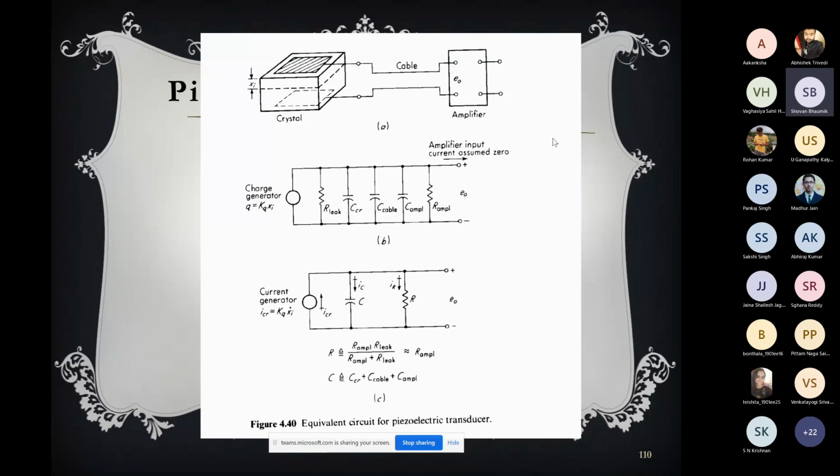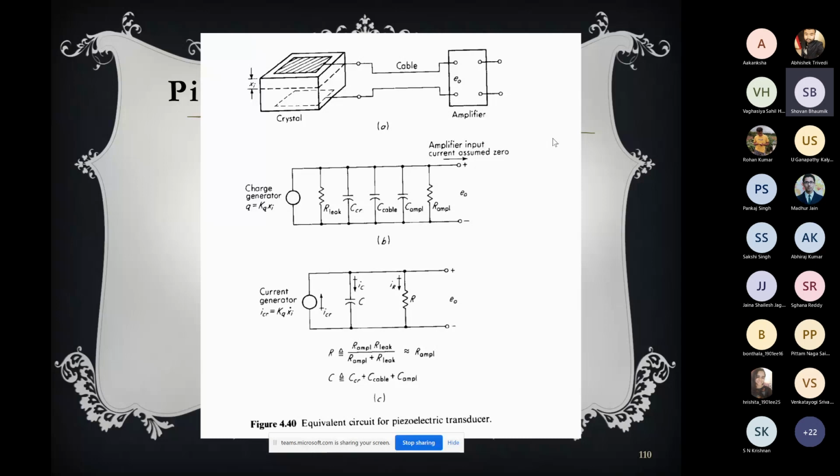Consider that some force is given. When some force is given, some displacement xi is happening, and that is creating some voltage output which goes through the cable, and then we have an amplifier, and we get the output of the amplifier. As I said, it can be used as a force transducer, pressure transducer. Also, it can be used as a displacement transducer, for the displacement xi. If you know the displacement, velocity can be measured, acceleration can be measured, and definitely pressure and force can also be measured. So now let's see how it can.